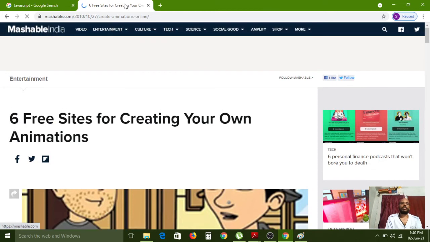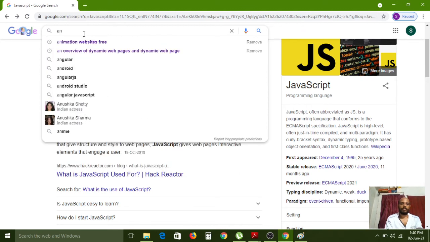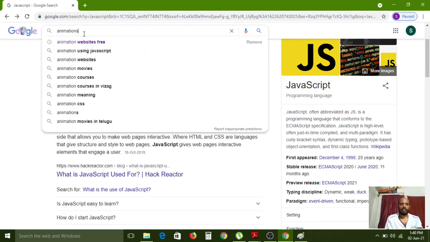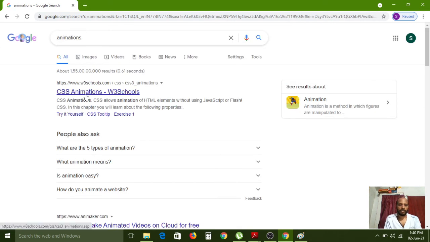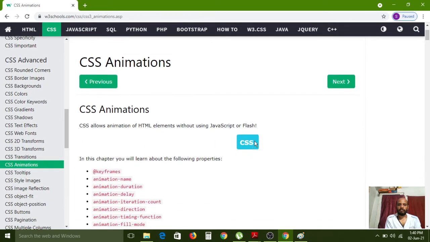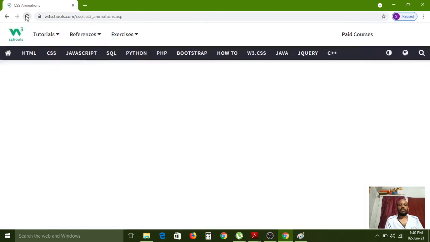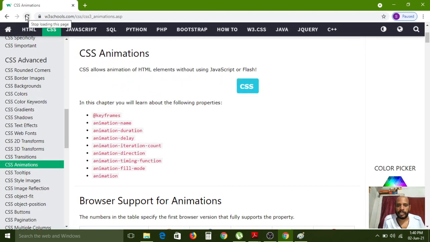So here we have to see the different types of animations. All of you carefully observe. Here it is moving, now the CSS. I am refreshing the page. All of you carefully observe the CSS. This is moving from this side to that side in different rotations. That animations also we can apply like this only. Okay.